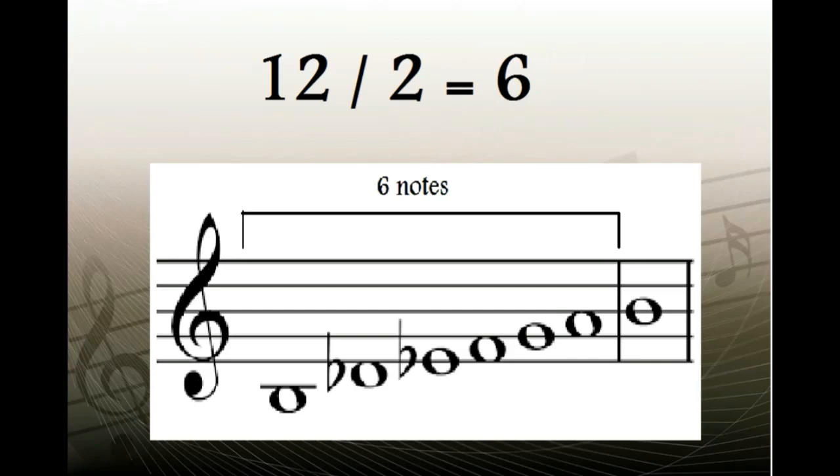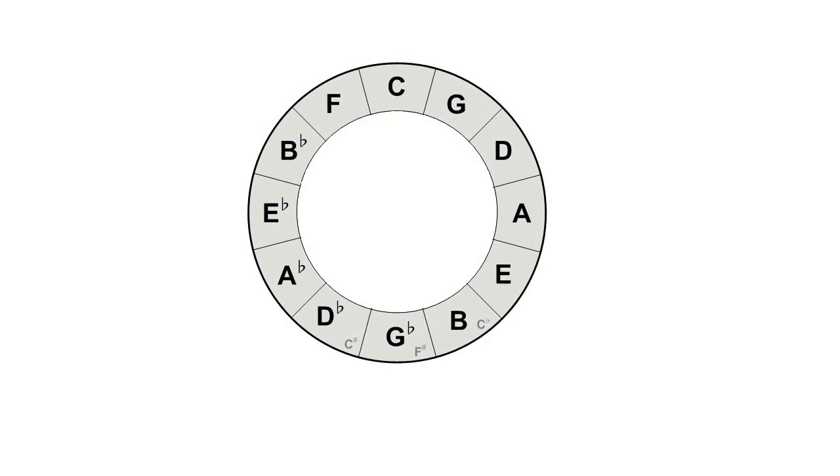Let's say I wanted such a scale in D flat. All I would have to do is get my circle of fifths and, starting from D flat, skip every second note, which results in D flat, E flat, F, G, A, B, and finally the D flat octave is added to complete the scale. The task is very easily replicable on any other note, which makes life much easier for